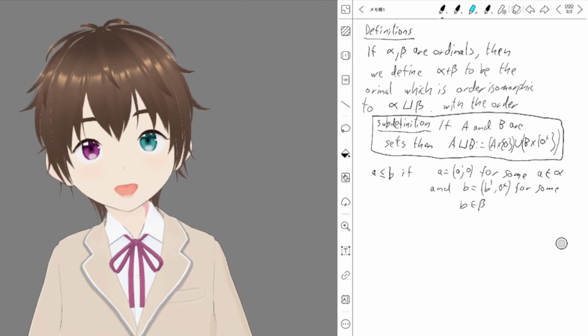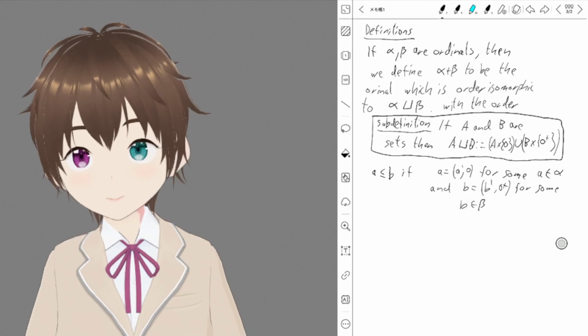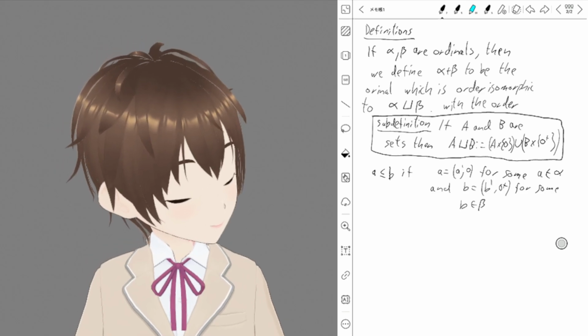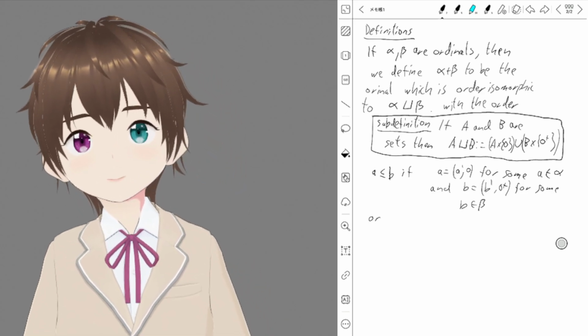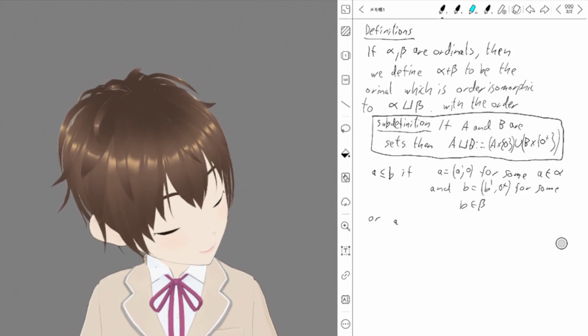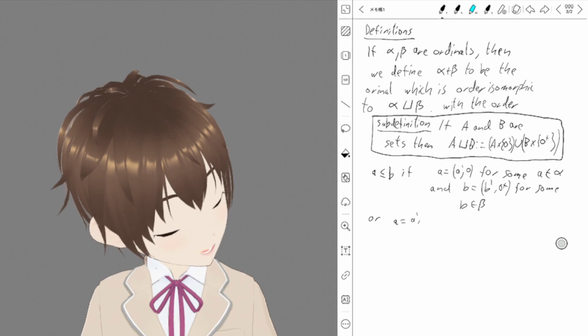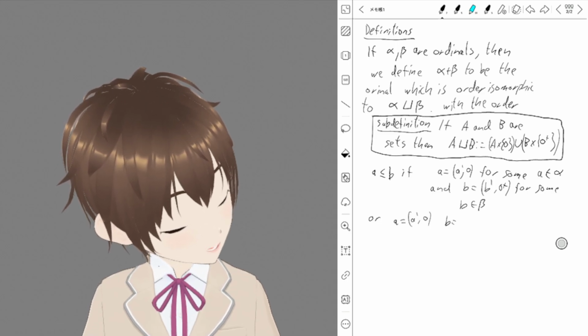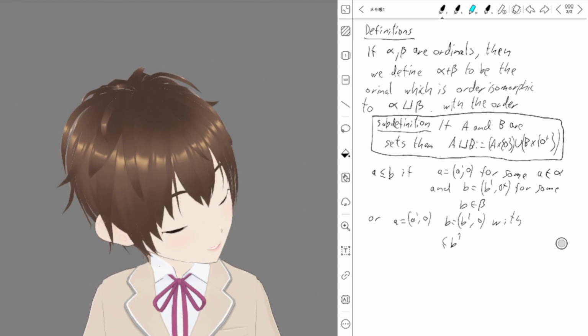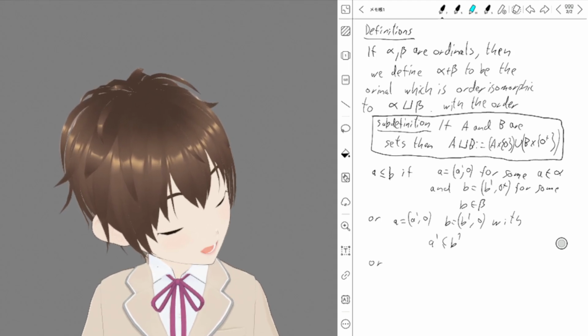So either they're in different parts, and the bigger one is in the right part, the part of beta, or they're in the same part and they're just compared with the normal ordering, a is equal to (a', 0), b is equal to (b', 0), with b' greater than or equal to a',